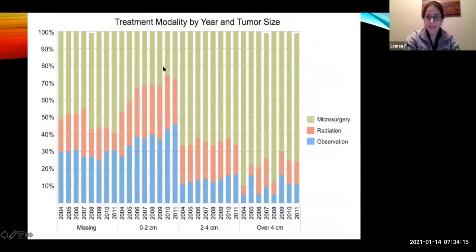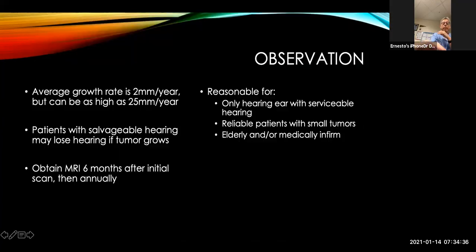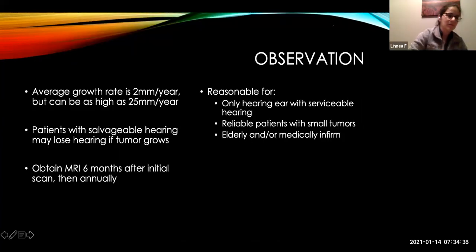Here's kind of a fun little graph of treatment modality by year and size. So overall, this is a 0 to 2 centimeter category. A lot of these, 30–40%, are being observed, another small chunk getting radiation, and then microsurgery. And then just to point out that as the tumors get bigger, you're doing more surgery type stuff. So for observation,